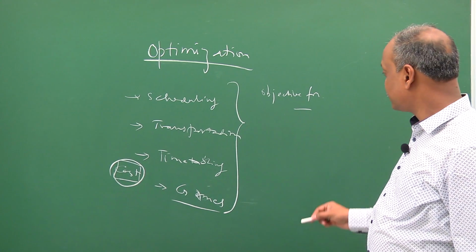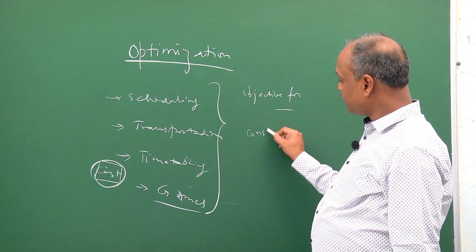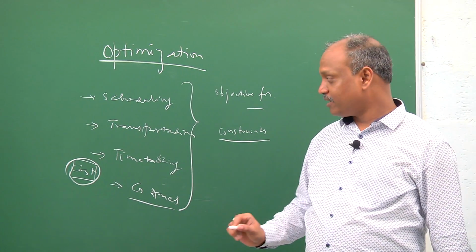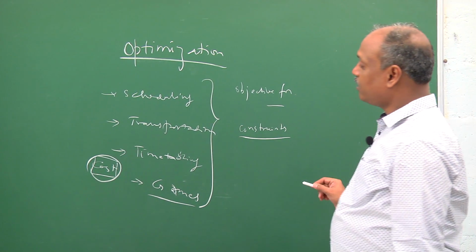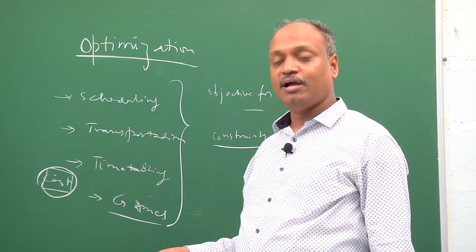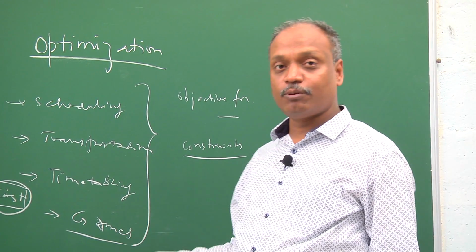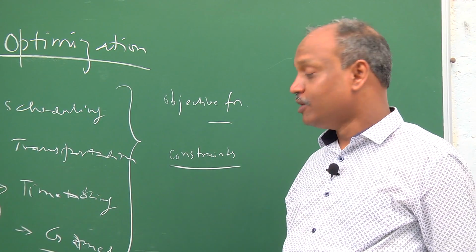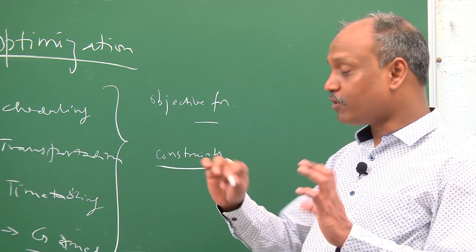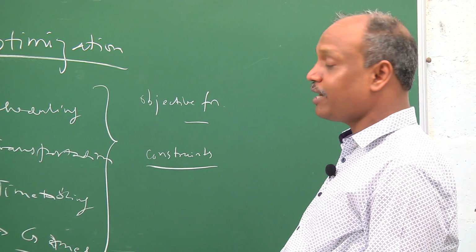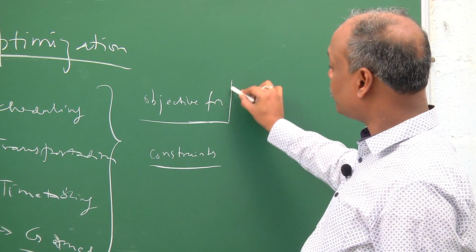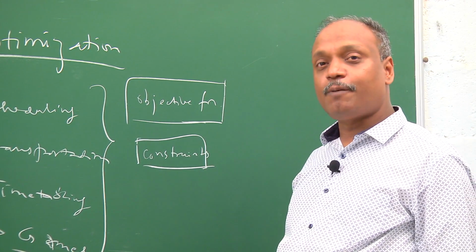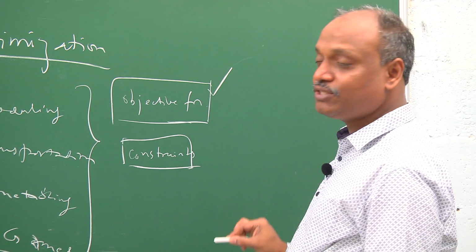When you say several input constraints, typically they represent the truth on the ground, as to what are the facts which cannot be violated. For example, in the case of timetabling, we know constraints are that a teacher cannot be in two classes at the same time. In the same way, the same class cannot have two teachers at the same time. That becomes a constraint on the overall problem formulation. So for any input combination you try, while maximizing the overall throughput, which could be utilization, you cannot violate a constraint. Typically, any optimization function is written in the form of maximize objective function.